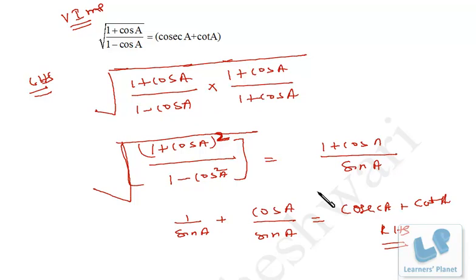After that, it's very simple, right? A good number of problems are based on this concept. Suppose here it is maybe 1 plus cos A instead of 1 minus cos A. Sometimes it is 1 plus sin A, 1 minus sin A. Then also you have to proceed like this only, right? So it's going to be an important sum. If this clicks for you, then it will be really a two-step problem, as you can see.